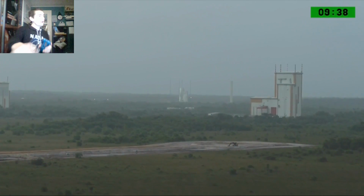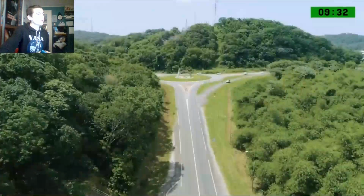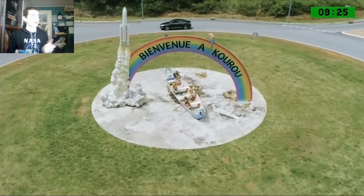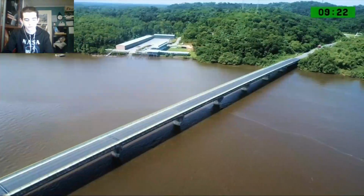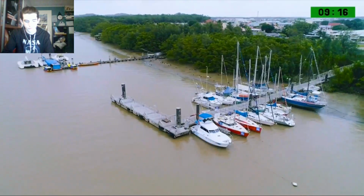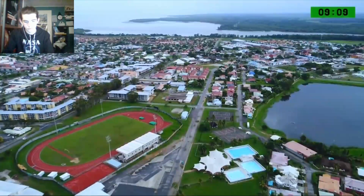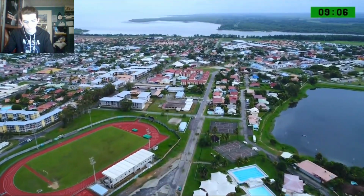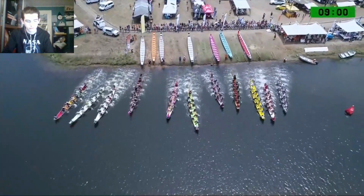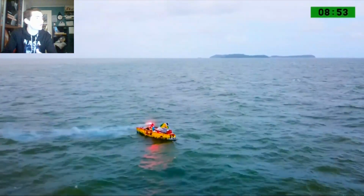And now, thanks to our drone, in front of your view now, that's the excavation where they're building the Ariane 6 launch site. There is a canoe, or pirogue. The bridge across the Kourou River, leading to the port of Kourou and fish market. This is at one end of the old town. Farther up the old town, St. Catherine's Church dates from the 18th century. Moving out of the old town, the Atlantic on the upper left meets the Kourou River on the upper right. Pirogue racing on the river. There's also another race called Rame-Guyane, where solo rowers cross the Atlantic, and right here is where they come in. The Devil's Island on the horizon,